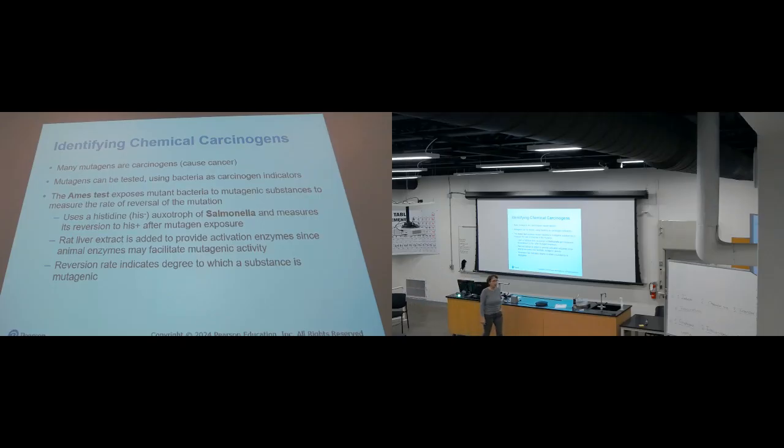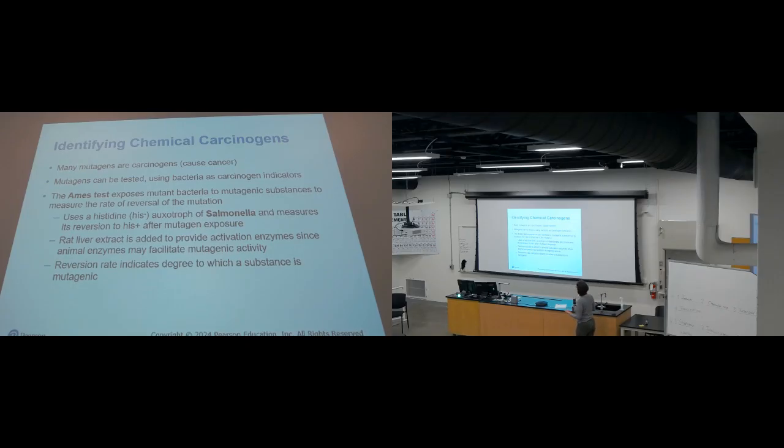Now, for identifying chemical carcinogens, we have this test that basically helps us to test mutagens using bacteria as a carcinogen indicator. This is called the Ames test. So in your Ames test, you expose your mutant bacteria to substances that can cause, in this case, cancer. So these mutant bacteria, when you expose them to these mutagenic substances, you measure the rate of the reversal of